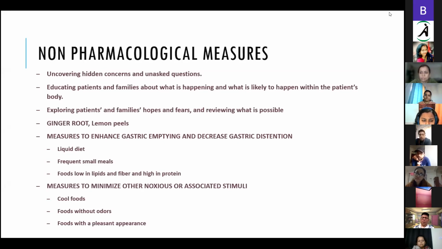and vomiting. They could even try this while they are undergoing chemotherapy radiation, that before they eat meals, they try to take this particular smell so that whatever obnoxious smell that they are probably perceiving goes off and they feel a little bit better. Other measures that, along with what you're doing for increasing gastric emptying and decreasing the gastric distension, would be to advise them to have a liquid to a soft diet, frequent small meals instead of larger